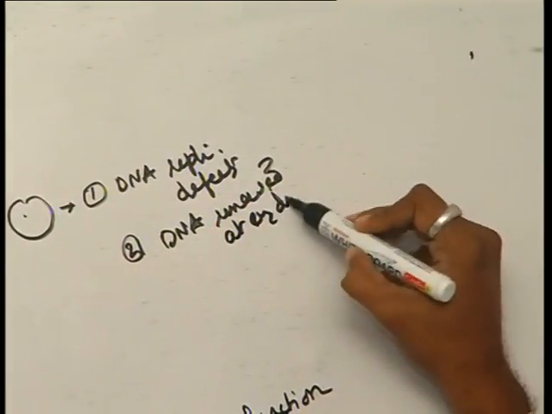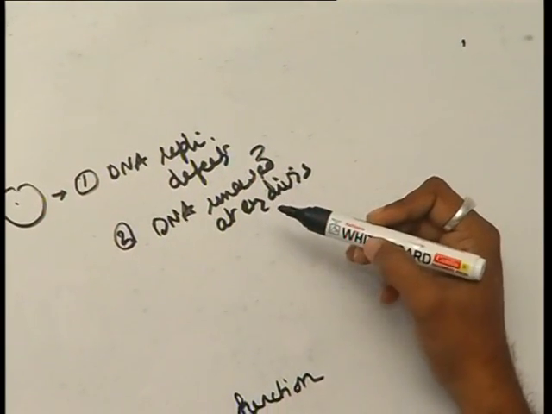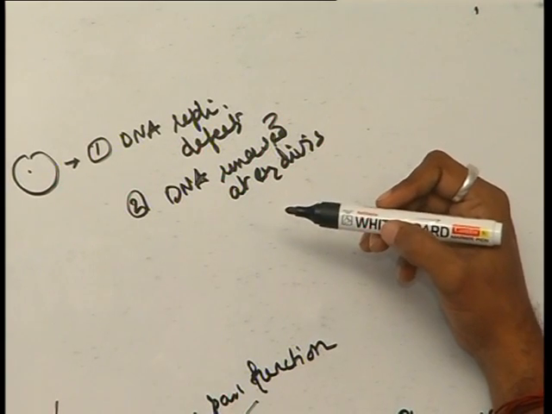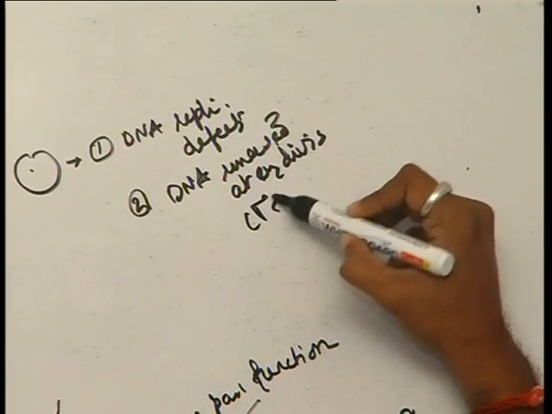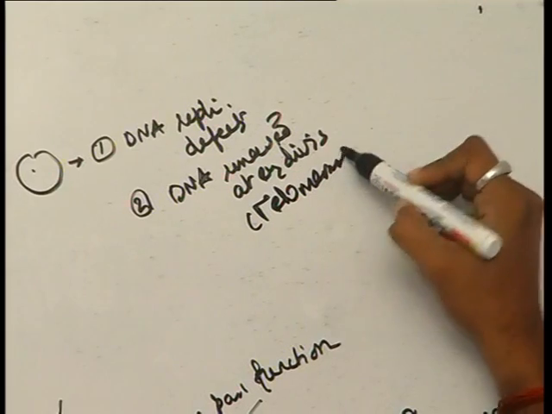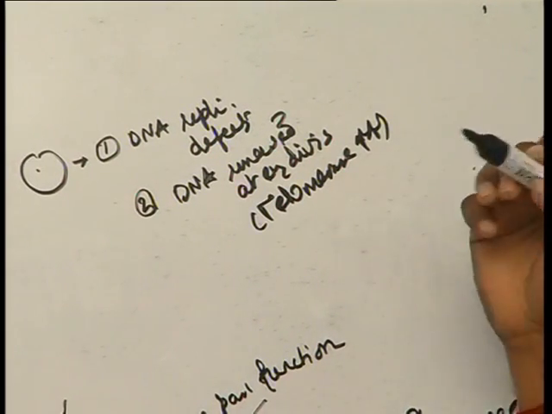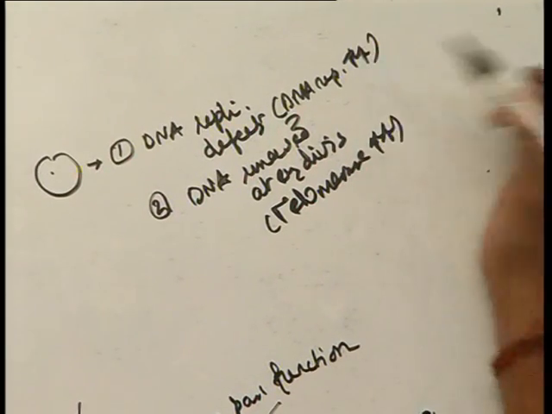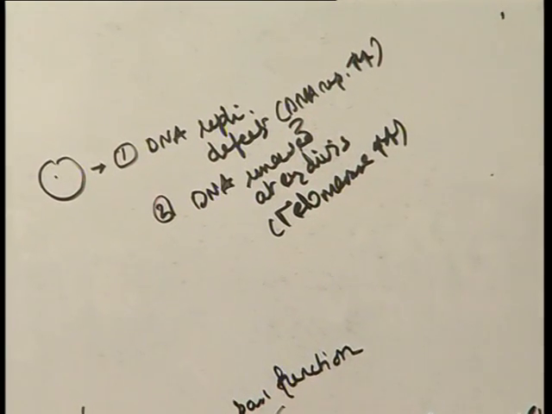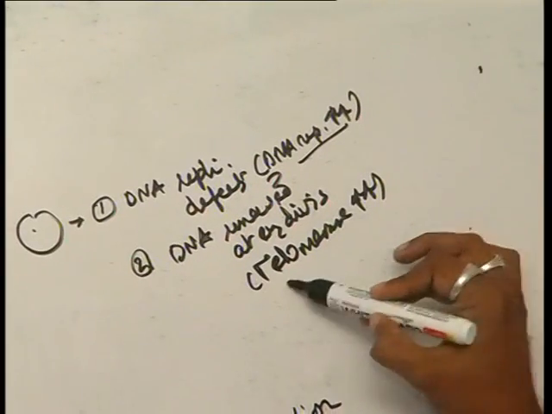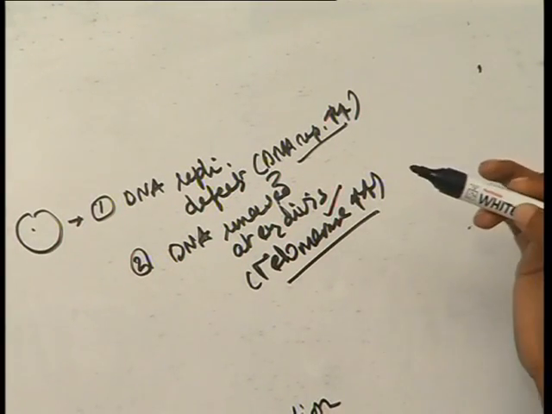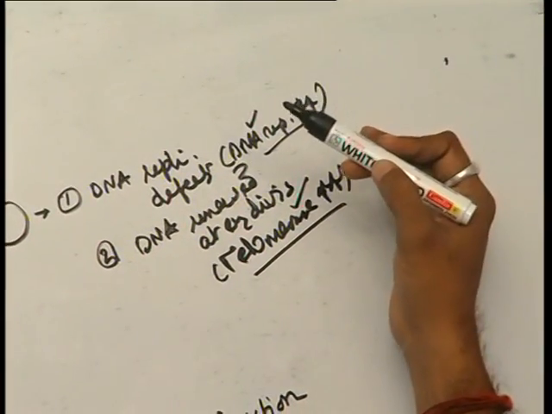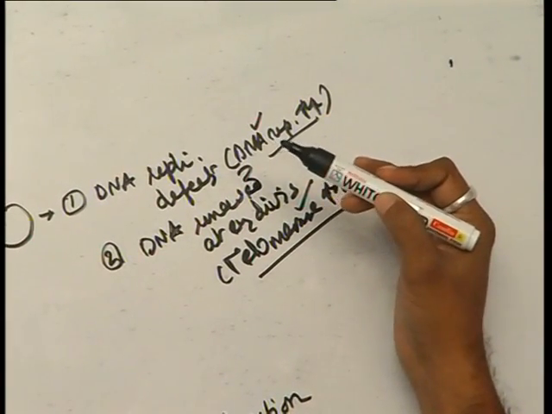because at every cell cycle a portion of the telomere will be cut off. So you require more telomerase enzyme expression. You require DNA repair enzyme levels to be higher. You understand? So again you get certain points here. Telomerase is at a high expression level in stem cells. DNA repair enzyme levels also will be expressed at a very high level.